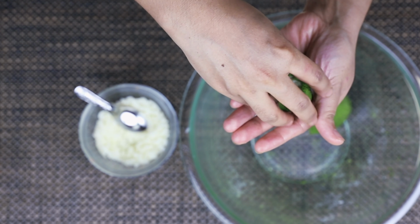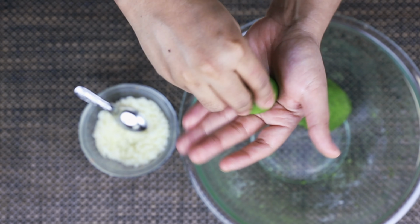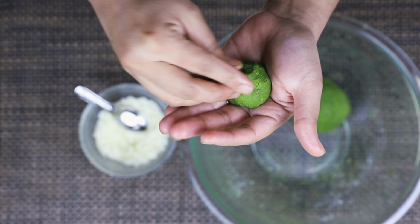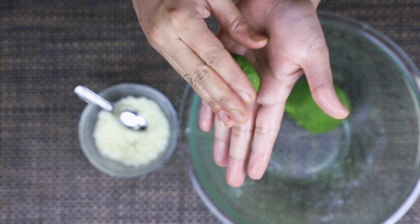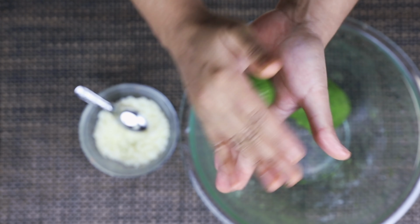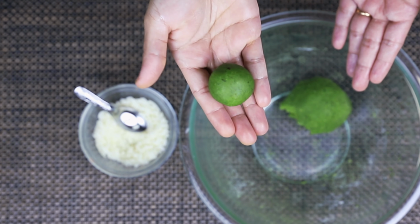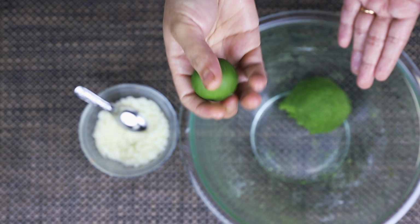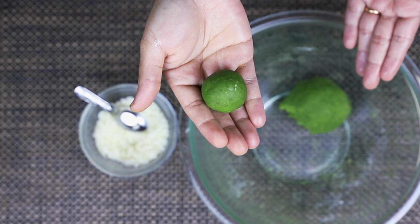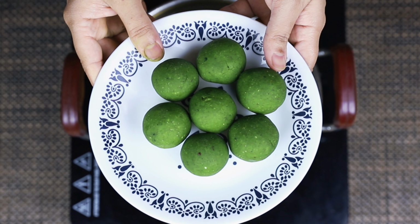You can see here how I am rolling it out. Ensure there are no cracks while preparing the ball. The ball should be like this. Once all the spinach balls are ready,